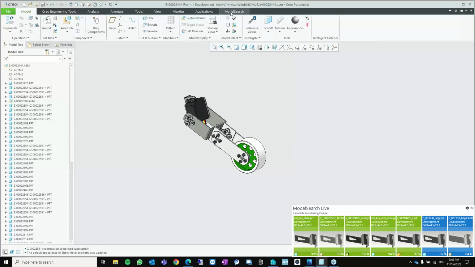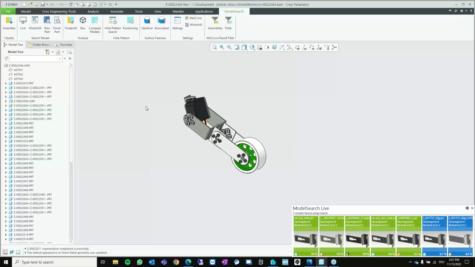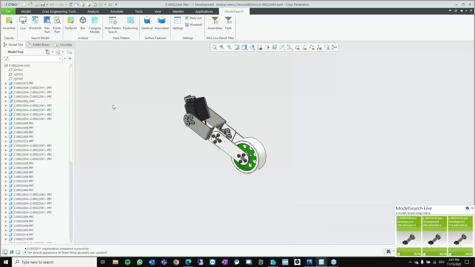Let me navigate to the ModelSearch tab. And once more, I can start a similarity search there, also with an assembly. And once more, the same behavior. As you can see in the lower right corner, ModelSearch Live appears, showing me similar assemblies that are already available